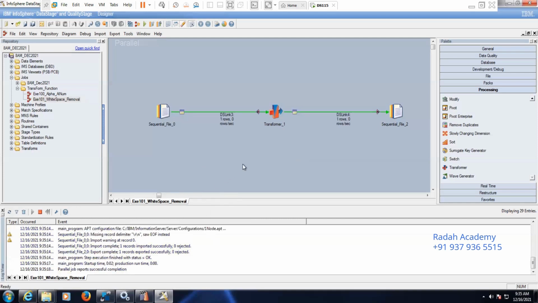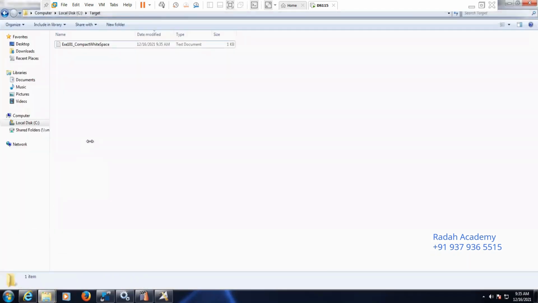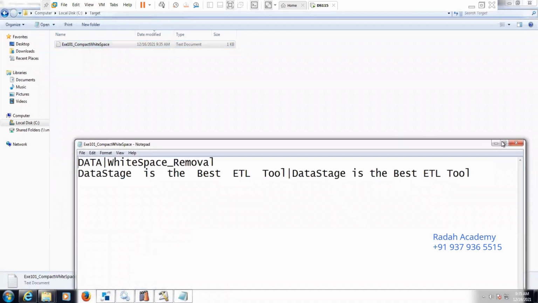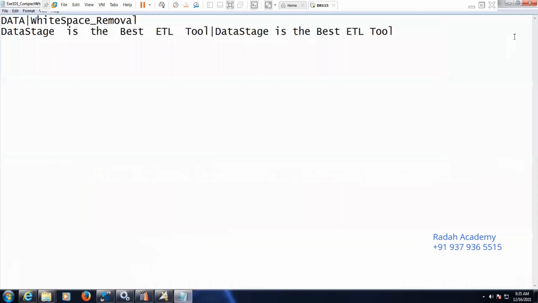Now it got completed, and you can see the green color. The file has been created here. Now you can see the data. I'm maximizing the screen.